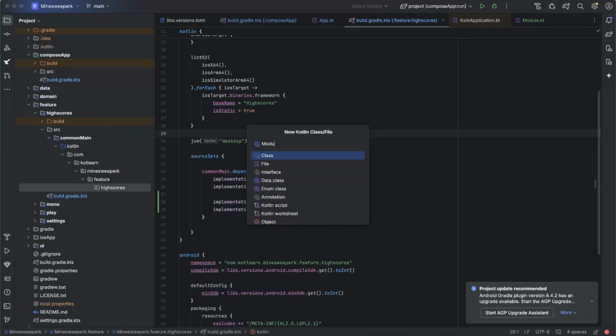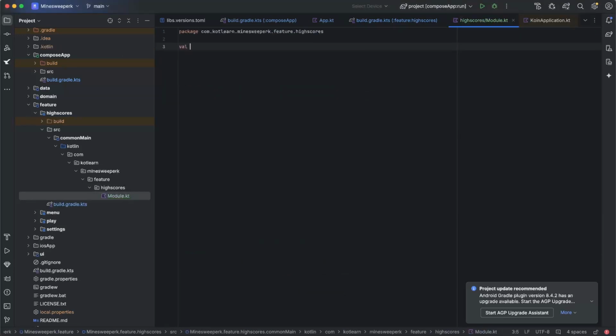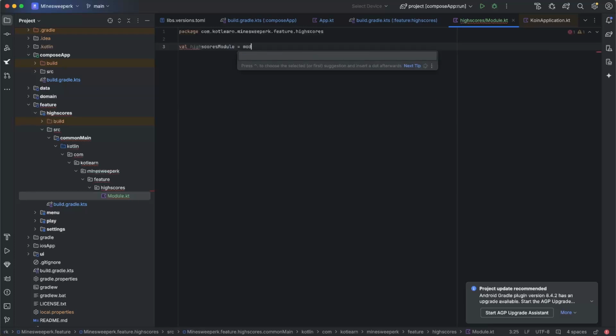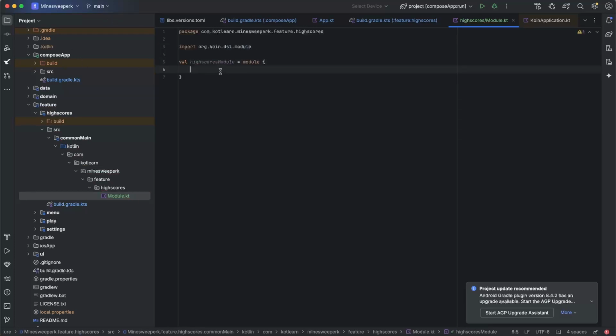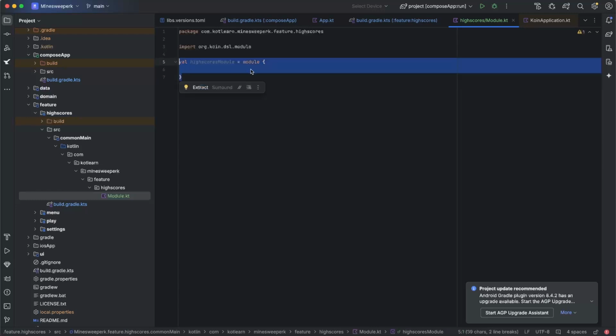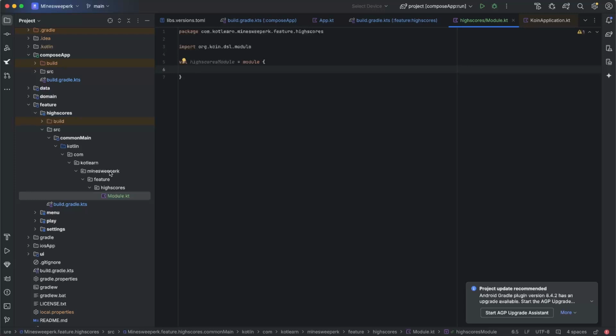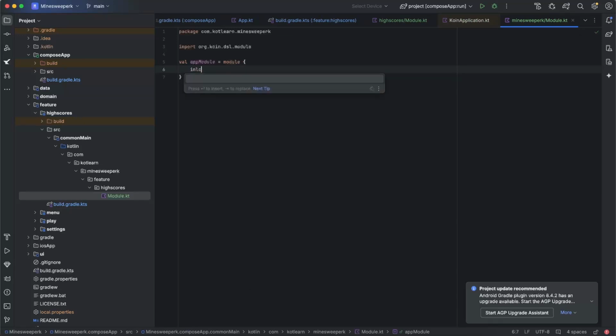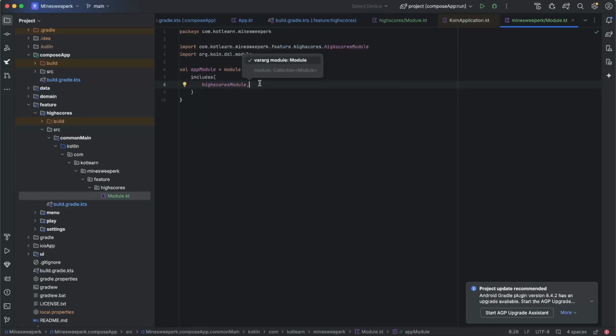And similar to what we've done in the app module, we'll create a module.kt. Inside here, we can name it high scores module. Now, anything we want to declare and add to our Koin modules, we can just add inside of here. Anything for the high scores module. So if we go back to our app module, this can now include the high scores module, and the idea